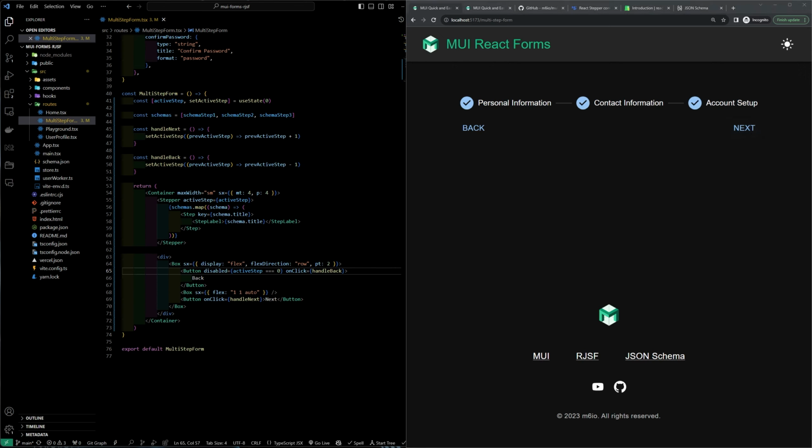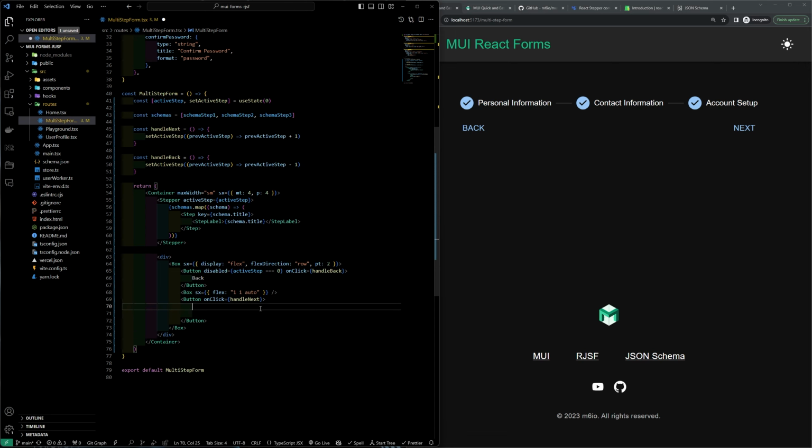We want to make sure that the next button, well, first thing we want to do is, when we are at the last step, this shouldn't be next. When we're done, this should just say finish or done or whatever. So what we'll do is we'll add a ternary operator inside of this button, the next button, which is basically going to say if the active step is equal to the index of the last step, which even though it's step 3, the index is going to be 2, which is